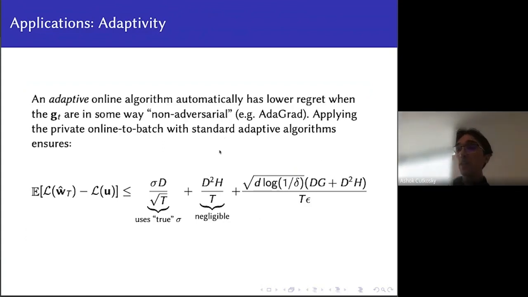I'm simplifying the expression a little bit, but what you'll end up getting is a bound that has some negligible term out here, and then the privacy term is left unchanged, and then you get this sigma d over root t. And importantly, this is using the true sigma. So this again is the variance in your gradients, some unavoidable noise floor you should think of, but it's not something that we have to measure. So you might imagine that you should try to do this by first estimating sigma, doing some private estimation there. That's a little bit complicated, and then using that in some way to build an algorithm. We don't have to do that. We just immediately import the adaptive nature of Adagrad, and then this bound just falls out of the algebra. We don't have to actually know what sigma is to get this done.